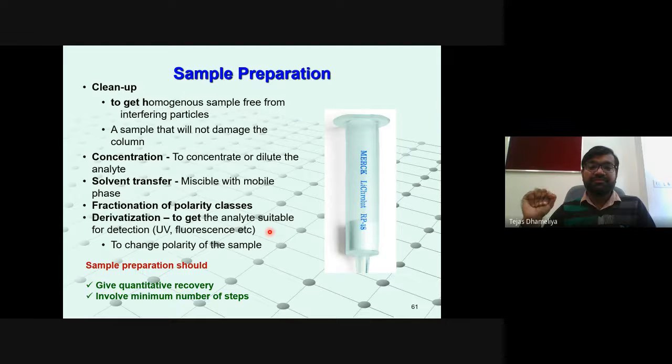HPLC is of both kinds, qualitative as well as quantitative. Some are also semi-quantitative. In qualitative analysis, you can detect how many compounds are present, but we cannot detect the concentration of constituents. For example, if you have isolated some natural product, let us say extracts from piper nigrum, there are different chemical constituents in piper nigrum. We want to sense the chemical composition, how many chemicals are present in your extract. Definitely you can perform qualitative HPLC.